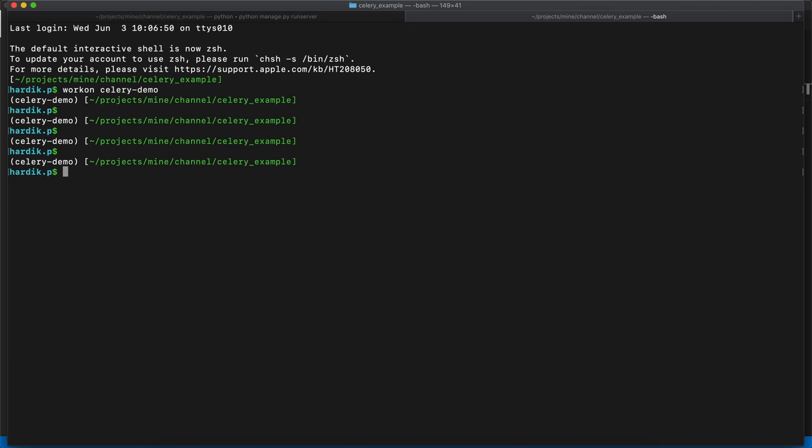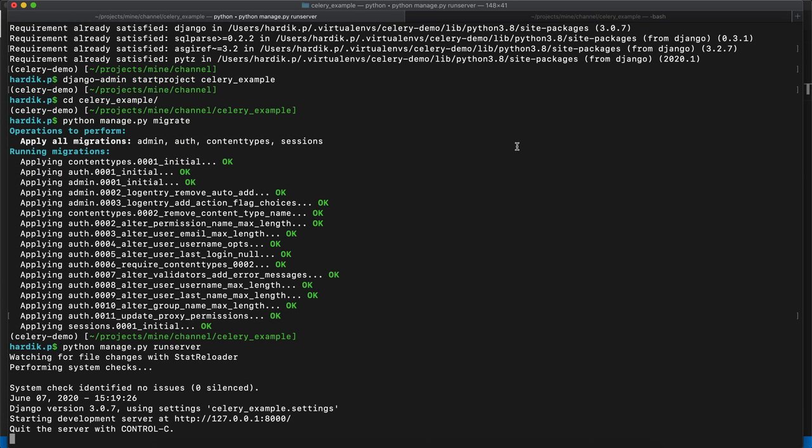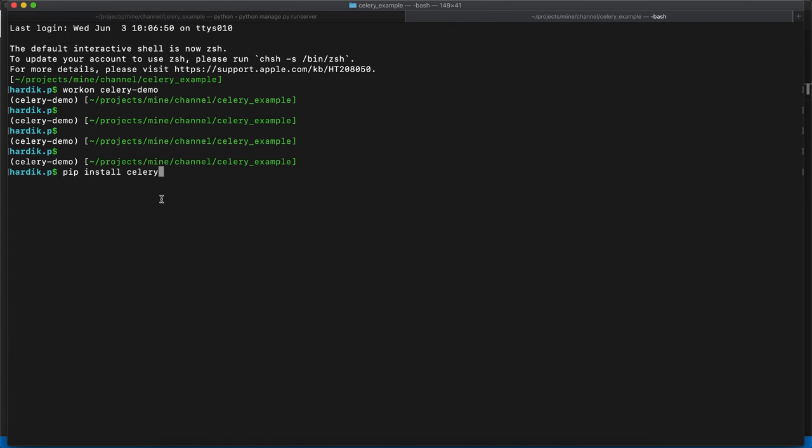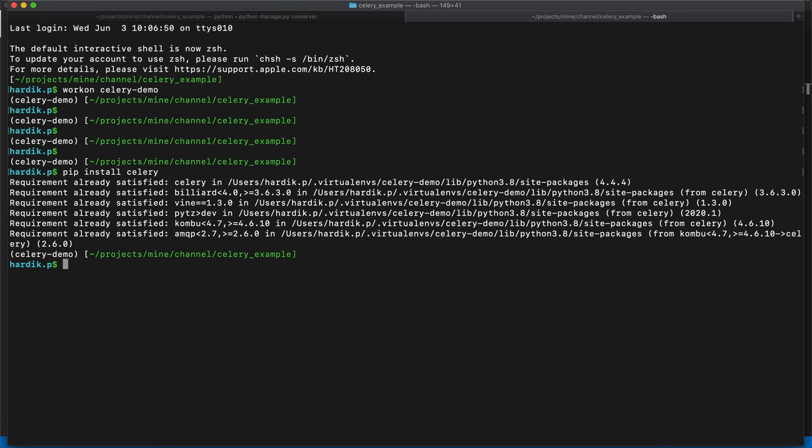So for now, we have to install two things. First, we need to install the Celery package. How can we do that? pip install celery. When I ran this project, it didn't give me any error because I already have the Celery package installed. But if you do not have it, please install it. It installs Celery and also the broker protocol. As you can see, the AMQP protocol is used for RabbitMQ server transmission.